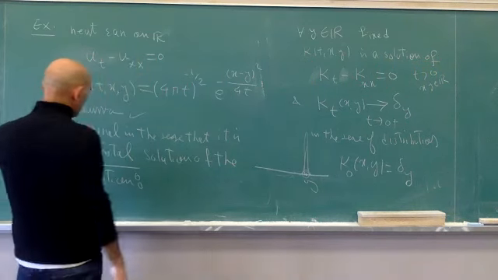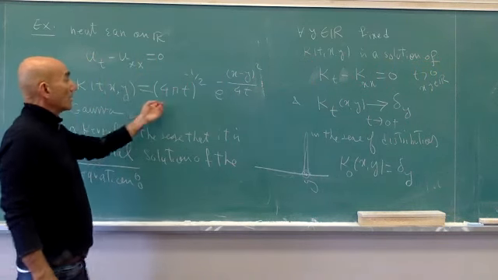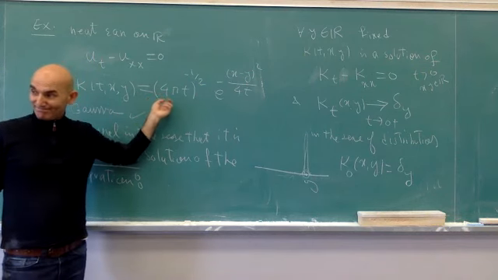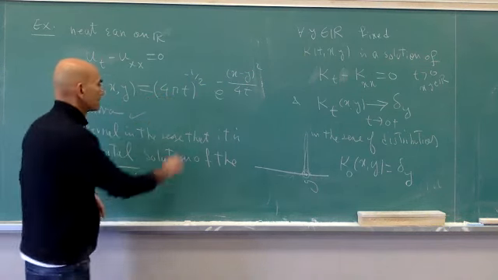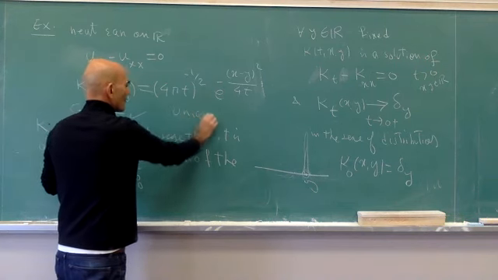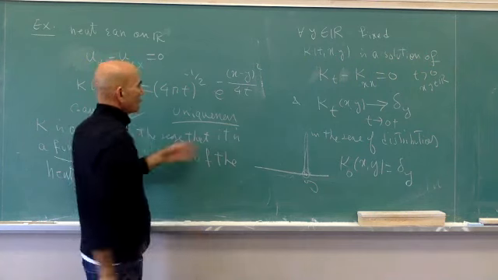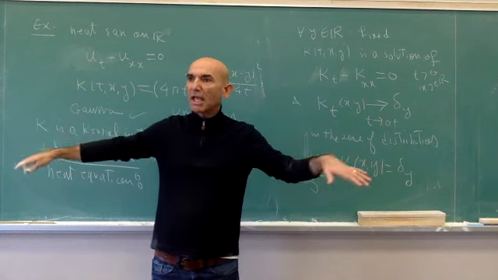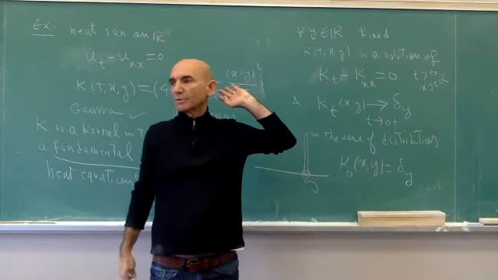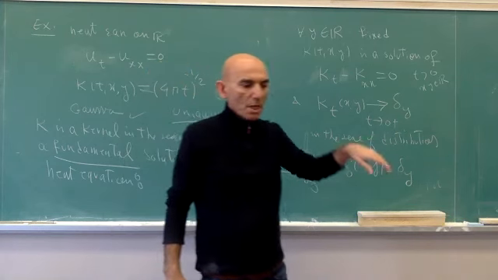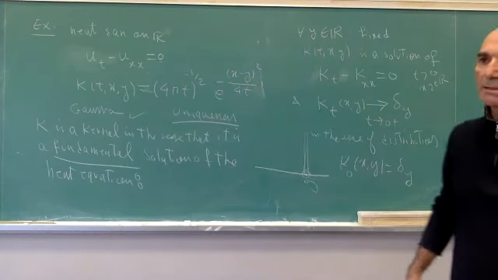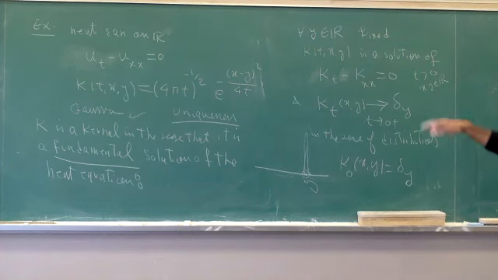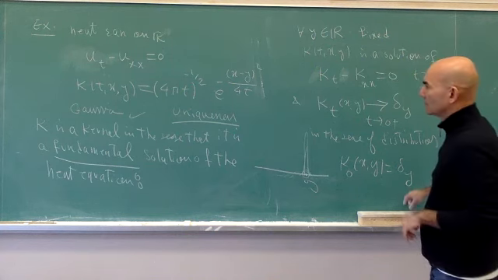Another thing is, the question is: is it unique? It doesn't have to be unique, except if you assume some condition at infinity. If it decays fast enough at infinity, you can show that this is the only solution. Otherwise, you can add some non-zero function at infinity to this, which would be in the kernel of the operator, and that still satisfies this. So uniqueness is a bit delicate; you have to be careful.